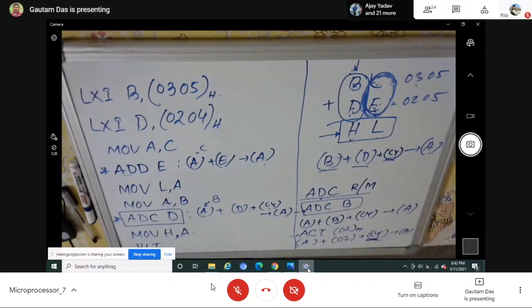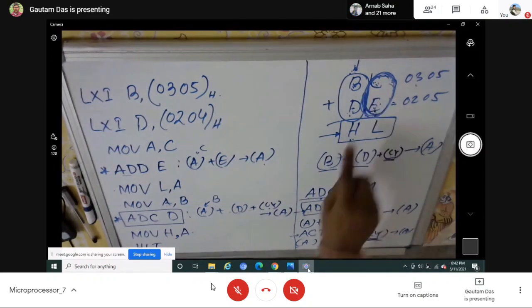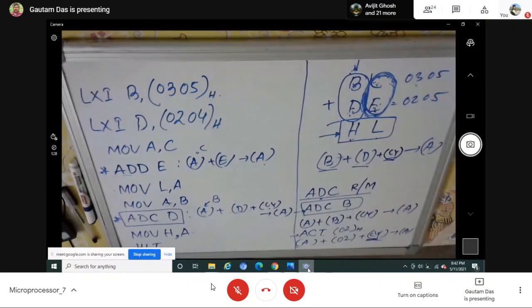Automatic. I told you the flag value will be changed depending on the arithmetic and logical operation performed in the accumulator. There I told you when the carry flag will be 1, when the carry flag will be 0. The carry flag will be 1 if any carry is generated after addition from the MSB. That means during the addition of these two, if any carry is generated, automatically that will change the carry flag to 1. That's why I told you the carry information is saved in the carry flag. You can take it, you can add it also using the ACI or ADC instruction in some other way.